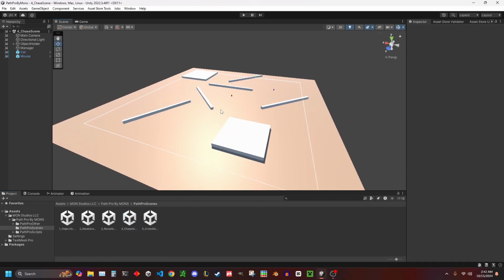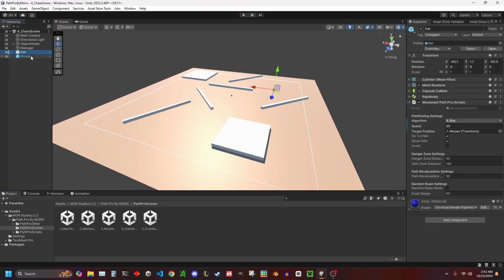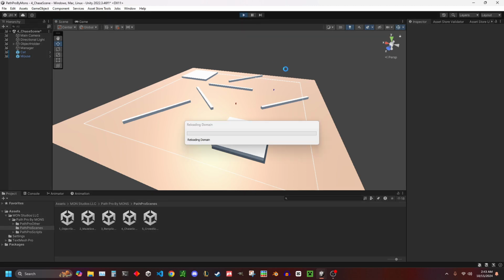All right, we have a little chase scene set up here. We have a cat and a mouse, both of which are each other's targets. But if you click on the mouse, you'll notice that the avoid boolean is true. So when the avoid boolean is true, the target then becomes what the agent is trying to avoid. So instead of going towards the cat, it's going to try to avoid the cat based off of its danger zone settings. So there are tooltips in here explaining what these different settings mean. And these are just something that you're going to have to adjust yourself and play around with and do kind of your thing. But if we go ahead and play